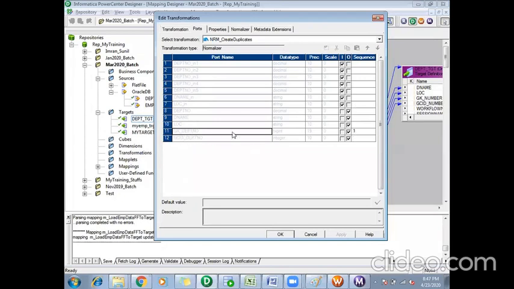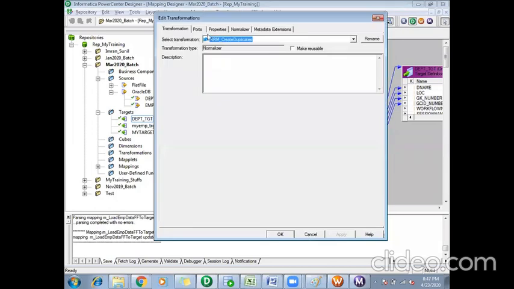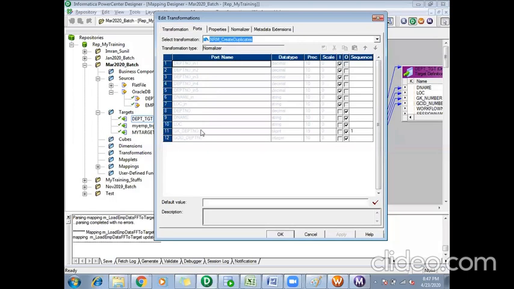So GK department number, the last tab is called sequence. So if I come to my normalizer, in the port section, if I see this GK department number port, it has the sequence as 1. That means it will start with the sequence. It will generate me the sequences.